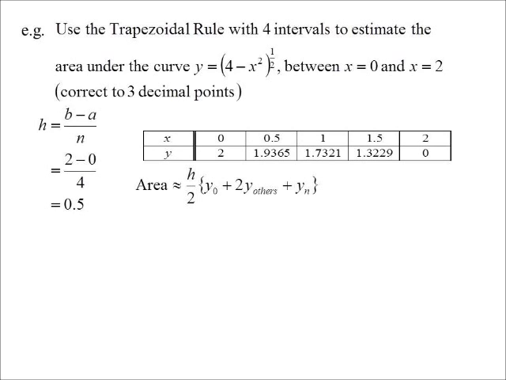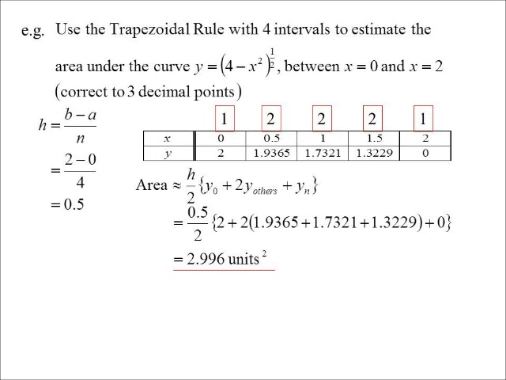There's my formula: y0, yn, 2y the others. Just to remind myself, on my table of values I say, okay, it's going to be 1 times the end ones and 2 times all the ones in the middle. Just a way of remembering, these ones I'm multiplying by 1, these ones I'm multiplying by 2. So when we sub in 0.5 on 2, the end ones are just times 1, but then 2 times all the ones in the middle, and we get